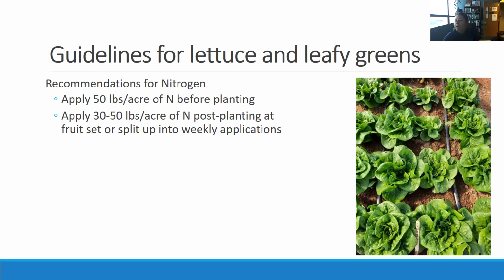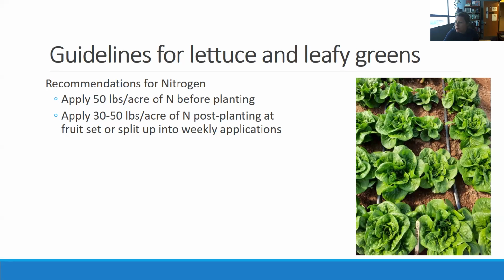If you're growing head lettuce that is one harvest, like we did here, I would say 50 pounds per acre is sufficient because it's only in the ground for about 6 weeks. We got beautiful, wonderful lettuce and did not need this full amount. But if you're growing kale and you're going to be harvesting all season long, yes, go ahead and apply all that nitrogen.